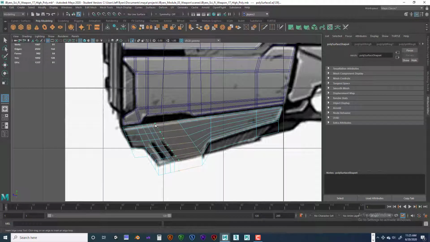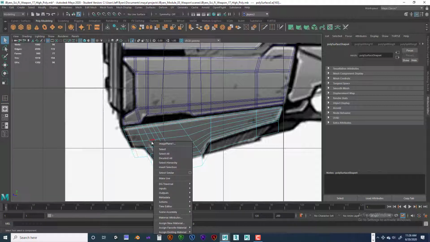Now you can see that we can actually create these pieces. You can see that is actually going to work really well. I'm going to go ahead and cut this right here as well. There we go. So that's a start. We've got those pieces in there. So what I'm going to do is go in here